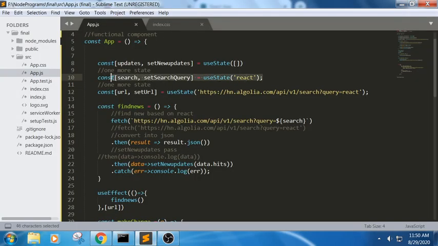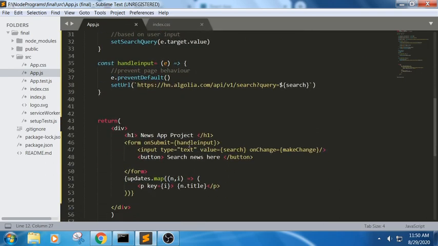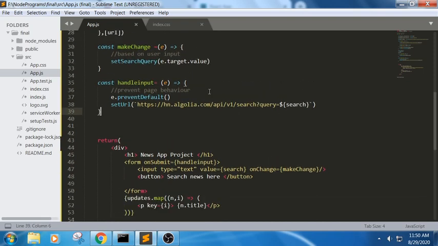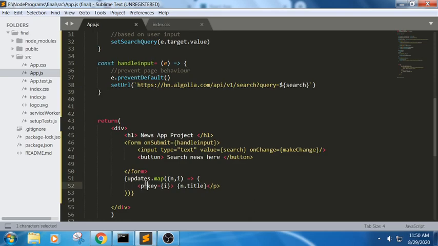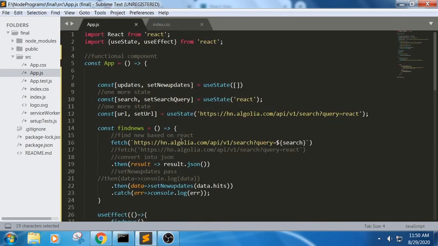It is coming from this useState. So when the user has submitted these values, based upon it, again it will try to retrieve. The same values will be displayed using this map. So this is how we have done with the basic map.